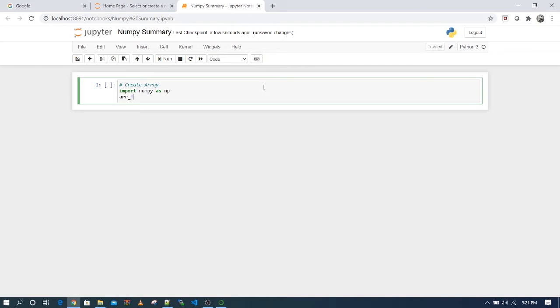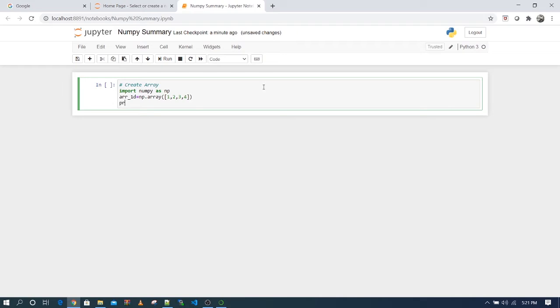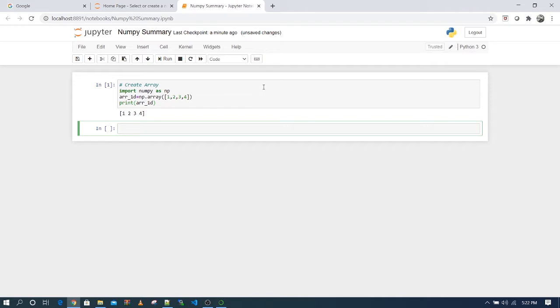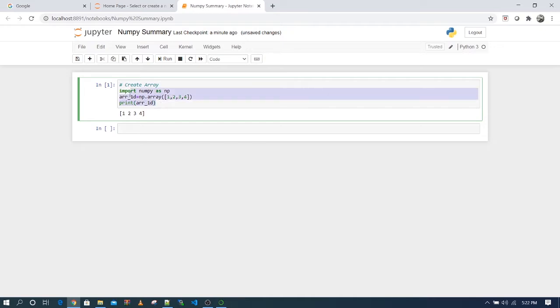Then let's give it a variable name where you will store your array, and I will create a 1D array. That's what I told you in the beginning, I have to pass the Python list here. Python list takes square brackets and you have to pass certain elements like this. Then if you want to print the array, you can print it like so. And this is my array. A NumPy array looks like a list, but it is an array. I will show you how you can check this, but let me first show you how you can create a